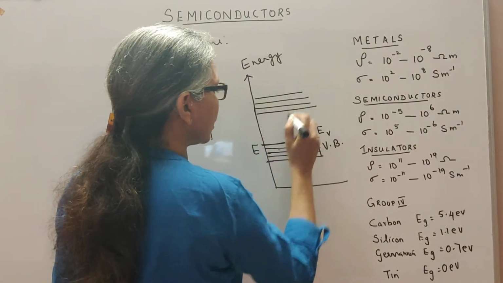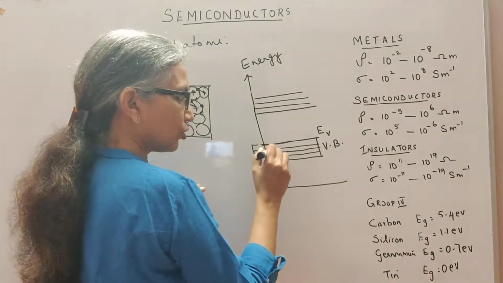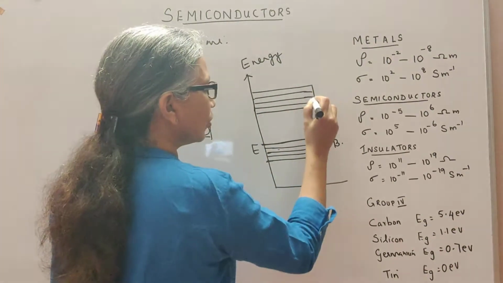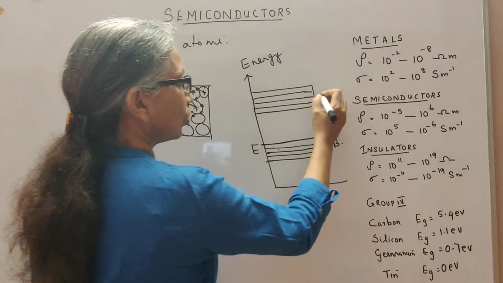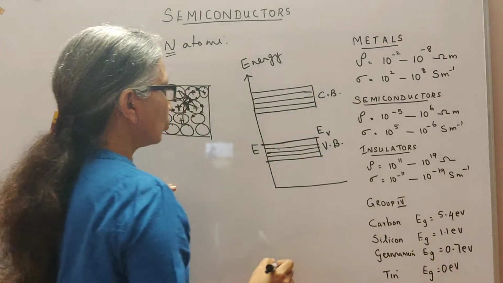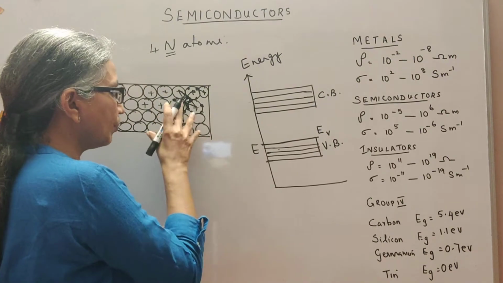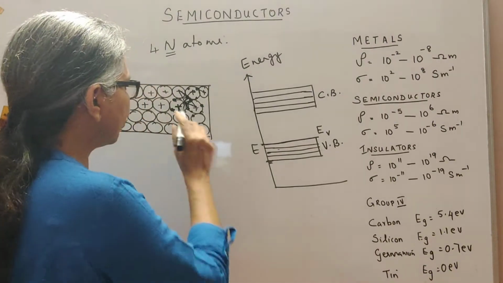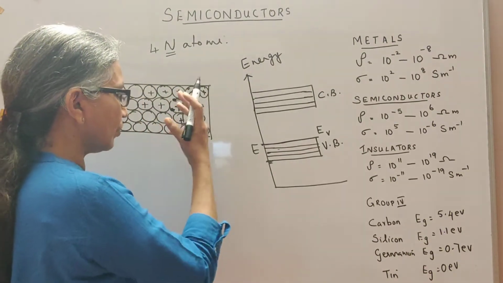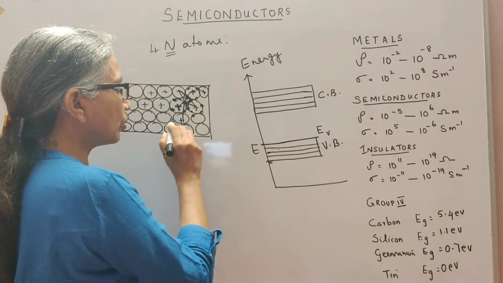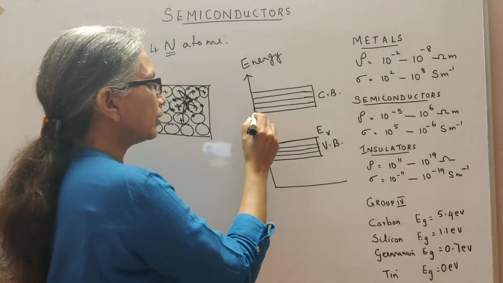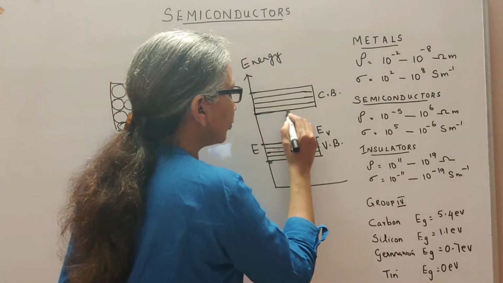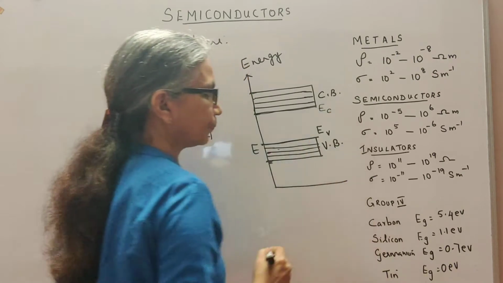The free electrons possess higher energy than the electrons which are bound, and the range of energies possessed by these free electrons which are available for conduction is what you call the conduction band. If they are all bound in the valence shell, then their energy range will be between this and this. But if an electron has enough energy and is free, not bound to the nucleus but free to conduct electricity, then it should have an energy in the range from here to here, and the lowest energy level of the conduction band is what you call EC.